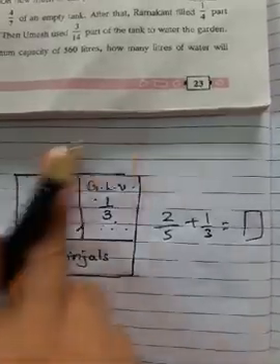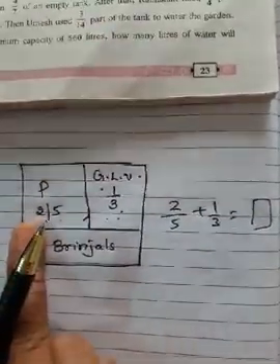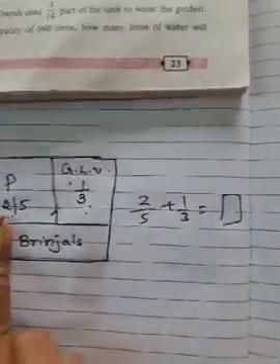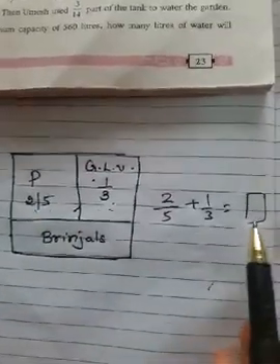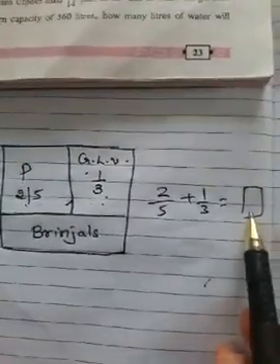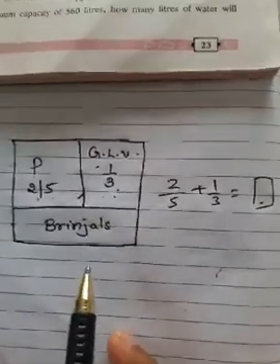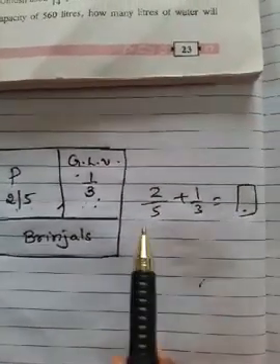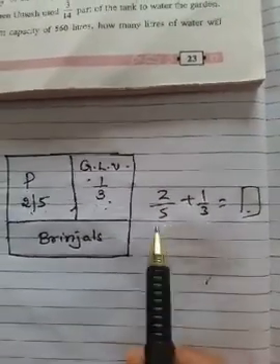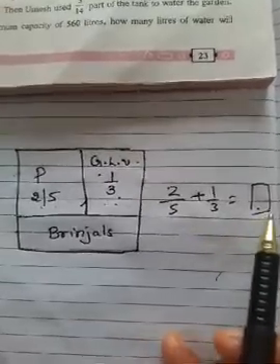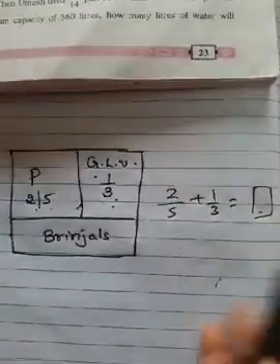That means she planted all 3 vegetables in one garden, correct? So we will take it as 1. So what will we do? We subtract this answer from 1. Understood, students? Subtract from 1 whatever answer you get by adding these two fractions. Understood? So now how to write the answer?